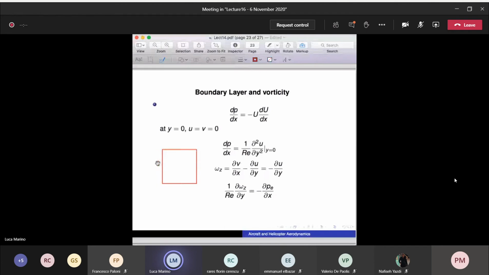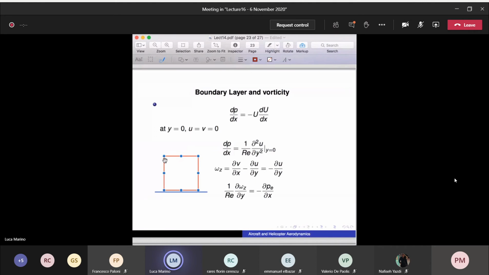Imagine that this is the body, and this is an element that we move. If we evaluate the vorticity on these terms, we will find that it is different from zero, because here it is zero. If you compute the circulation around this element, which we know by the Gauss theorem is proportional to the flux of vorticity,